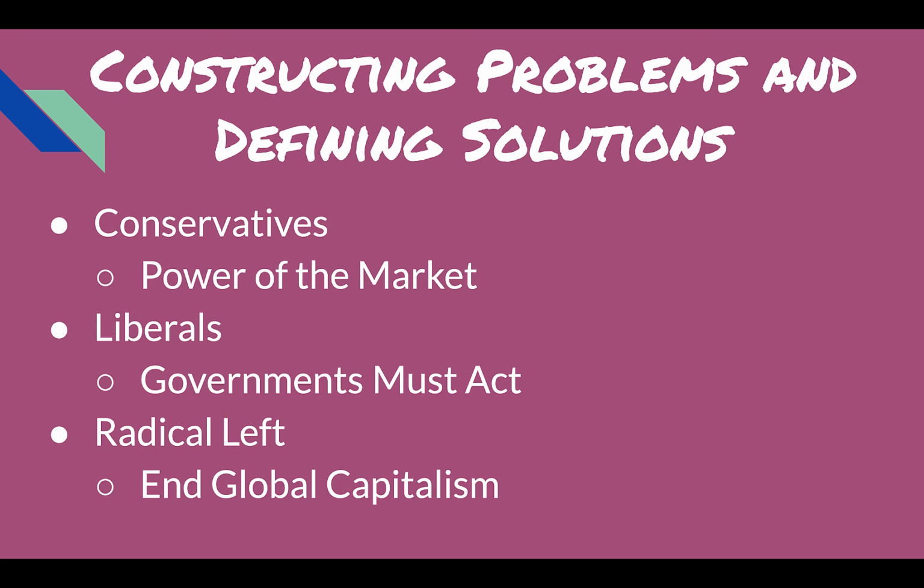So liberals say the government must act, right? Liberals, that's literally the definition of what liberal means, is changing within the system. So liberals say that the government has to do something. That most people in rich nations have much more than they need. But 1 billion people around the world don't have enough food to eat, don't have housing, don't have education. So liberals believe that the rich of the world should share some of their wealth in the form of foreign aid that could help improve health, schooling, and housing. They also oppose sweatshops and support land reform.